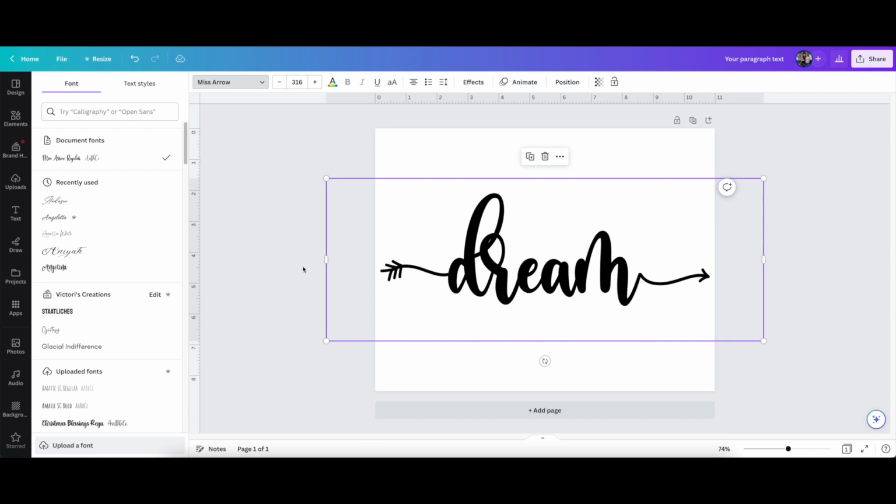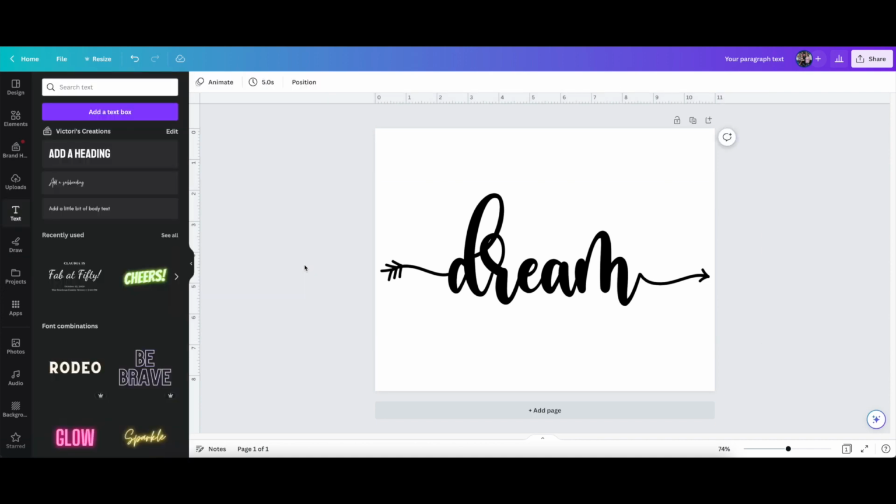and that's why I also get the arrows on the ends. I believe I got this font from Design Bundles, and I'll try to find the link to the font and leave that in the description below as well. Once you have your text or your phrase or whatever you're wanting to create completed, and you've got exactly how you want it to look on your page here,